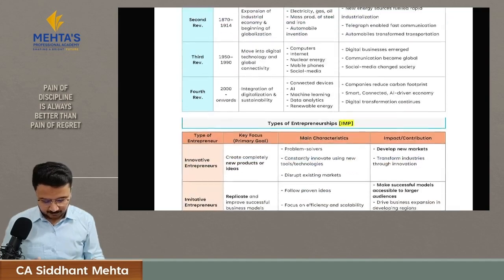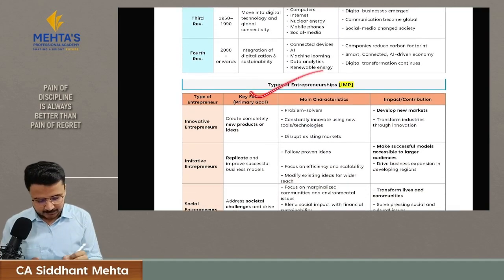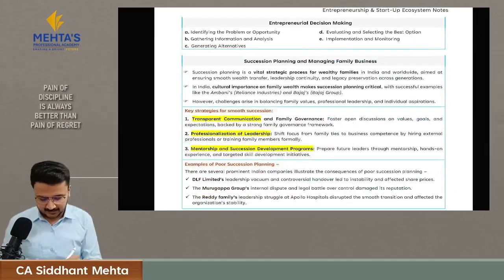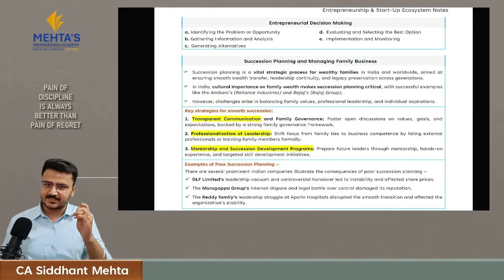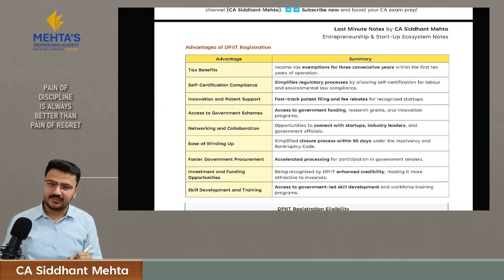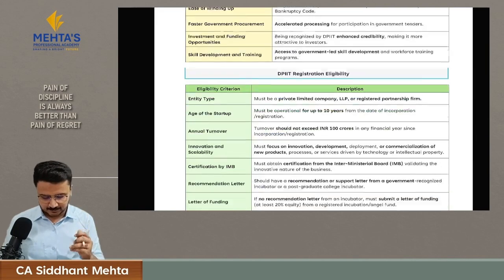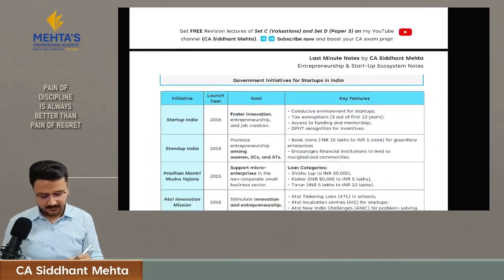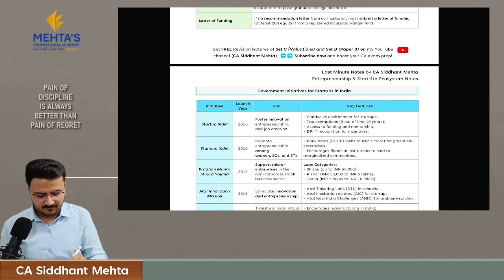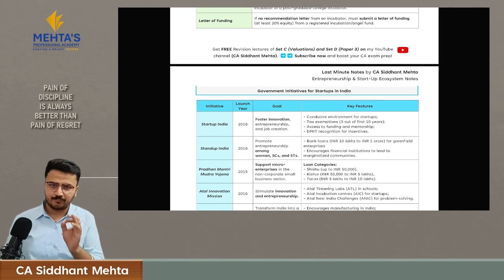So in this chapter we will understand industrial revolution, then types of entrepreneurship, then few things regarding the skill sets which are required in an entrepreneur, and key strategies for smooth succession planning. In part B we will understand the advantages of DPIIT registration, that is for startups, and the eligibility criteria, and also government initiatives. This is your chapter number 1, which is a basic one about the introduction of entrepreneurship and